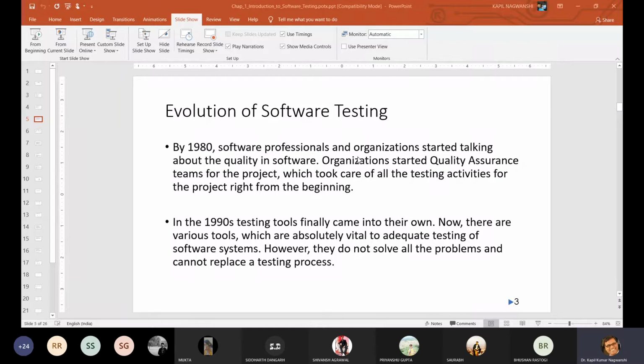Hetzel in 1991 gave the definition that testing is planning, designing, building, maintaining, and executing tests and test environments. There was greater emphasis on earlier test design, and the process consisted of three phases: test planning, test analysis, and test design. Planning, analysis, and design were terms associated with software engineering, but because testing is part of software engineering, testing specifically involves three phases: test planning, test analysis, and test design.